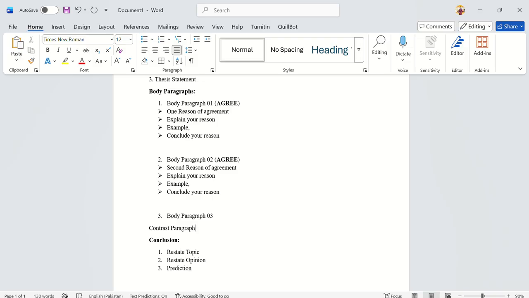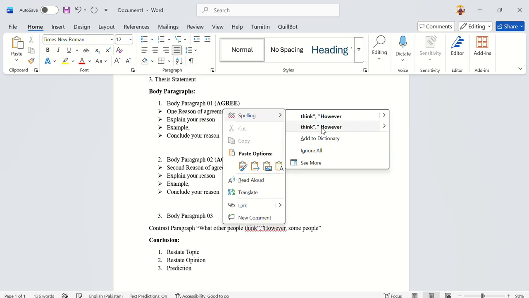Agree should be a good option for that. If not, you can also discuss the disagreement of some people in this paragraph. So this paragraph is for you, you just have to write like, however some people think, what other people think, in one or two lines. Okay, contrast paragraph. Like, what other people think, or you can say, however some people, like that. Okay,